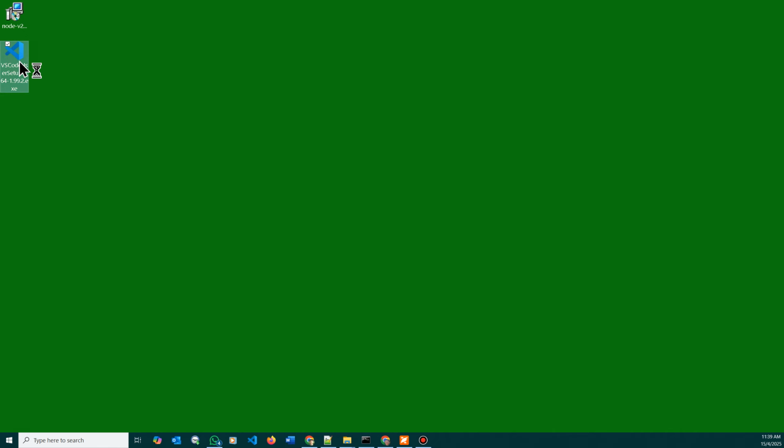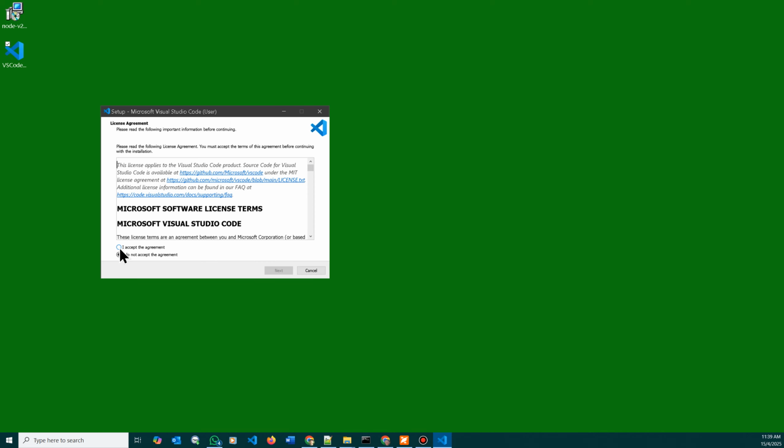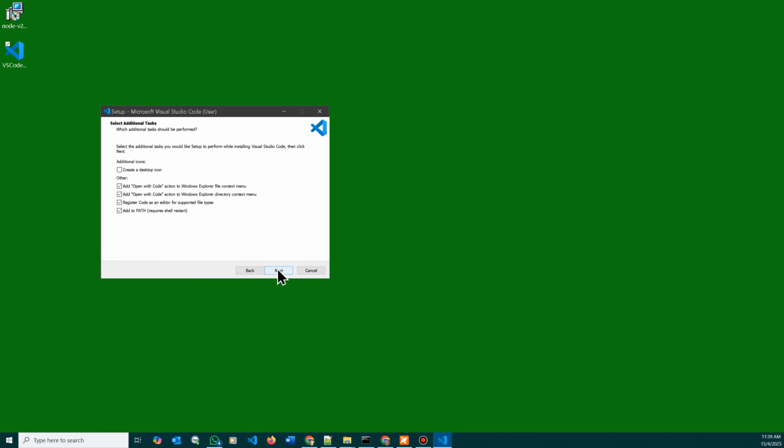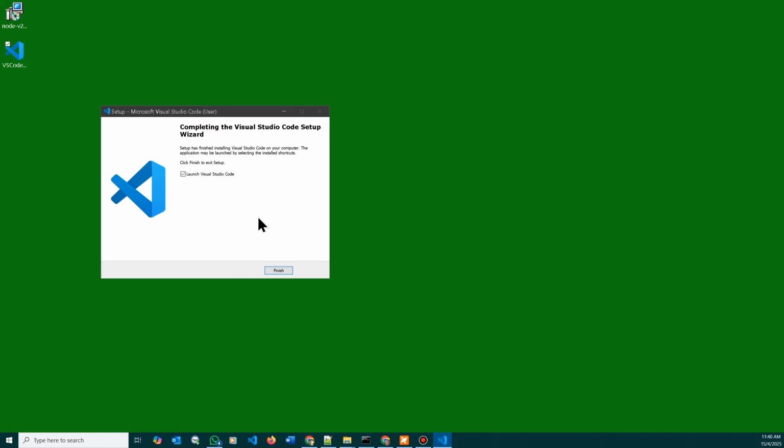To install, I just double click it and it will come out with a setup wizard like this. You go ahead and click I accept the agreement, click next, and then there'll be a whole bunch of things that will come out. You can just accept the defaults for all these checks, click next, and then ready to install, click on install. It says setup is preparing to install Visual Studio Code, and then you see a progress bar showing the installation process. Okay, so the installation is done, and if you click finish, you should probably see Visual Studio Code start up,